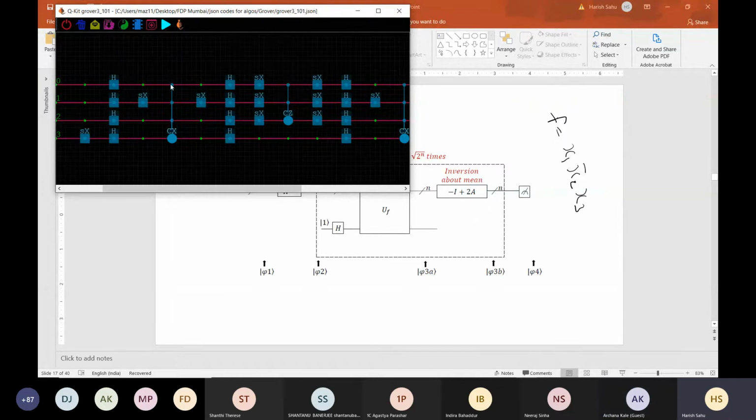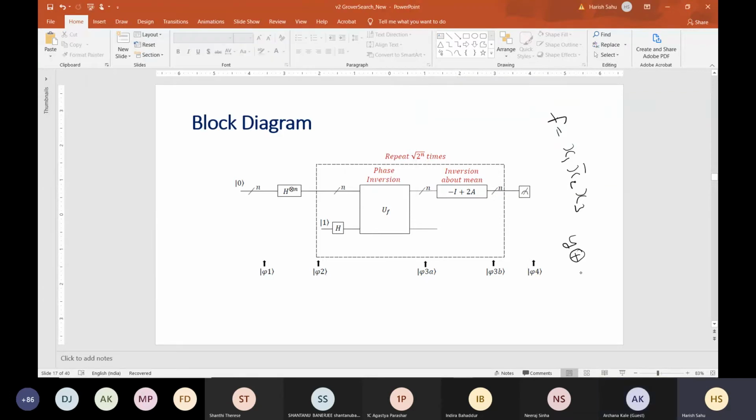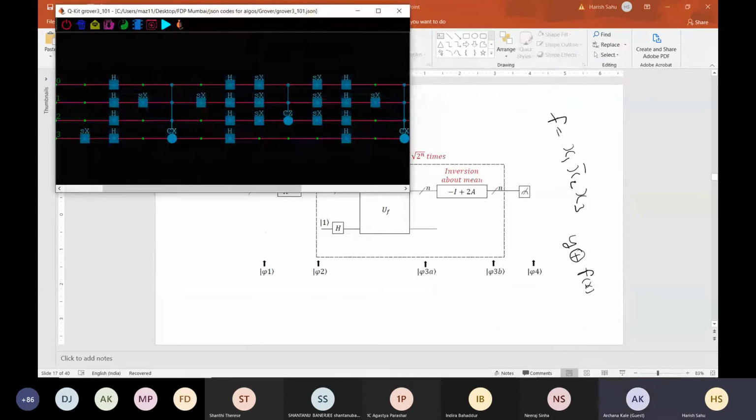And if I have one gate which does control, control, and then a third control, then NOT, it will give us f(x). So if the target is y, it will become y XOR f(x). Is it clear? This thing has been done here. So it is basically y XOR f(x).